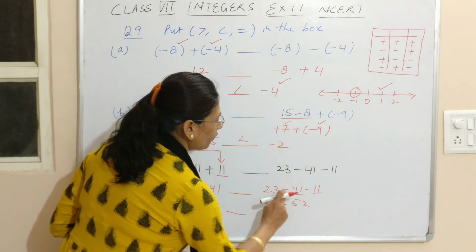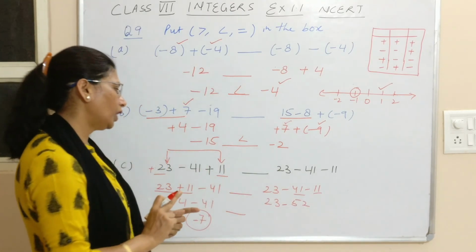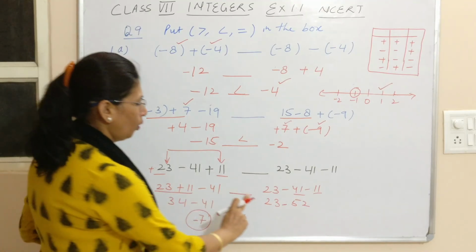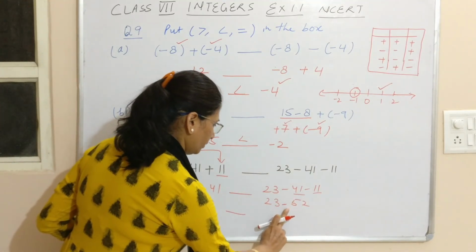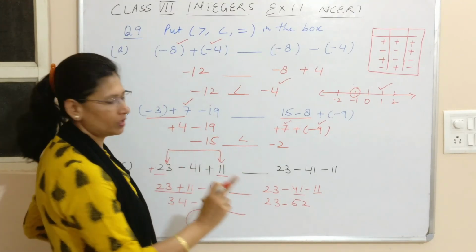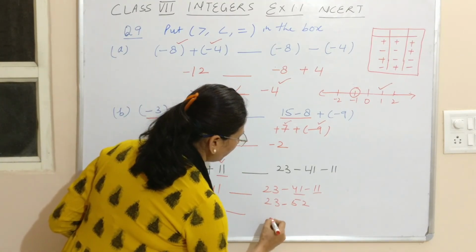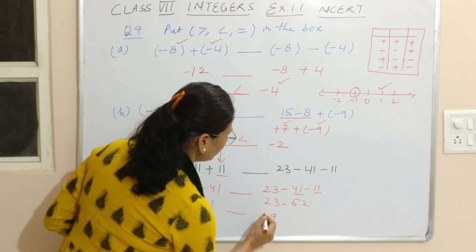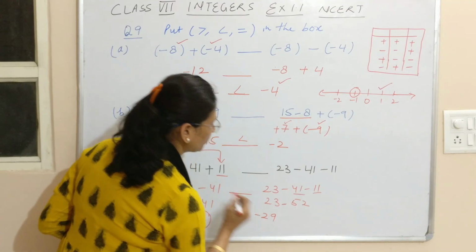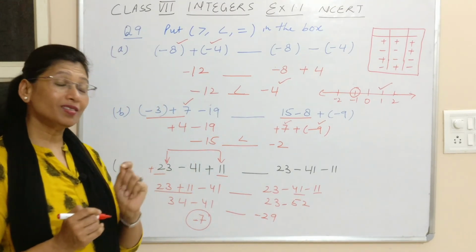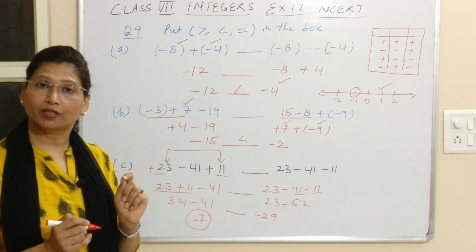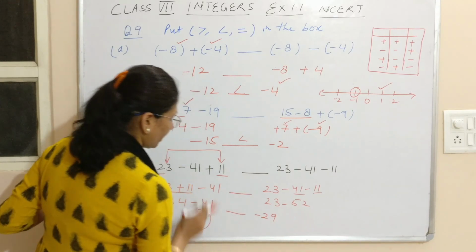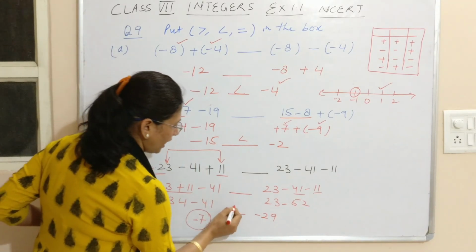Negative sign means we have added negative integers. Again we come with the pair of integers which are in opposite sign. One is plus, other is minus, we'll take the difference. So 52 minus 23 is, I believe, 29. So here this is minus 29. Students must be very careful while keeping the sign, because this is what the integer is all about. So here this is minus 29, minus 7. Which side is greater? Left side.